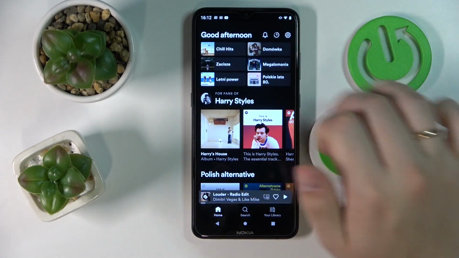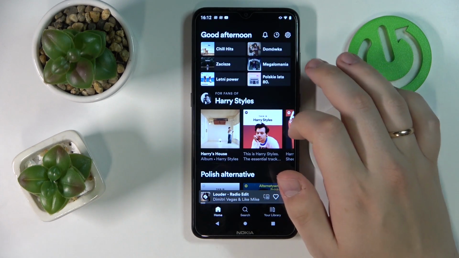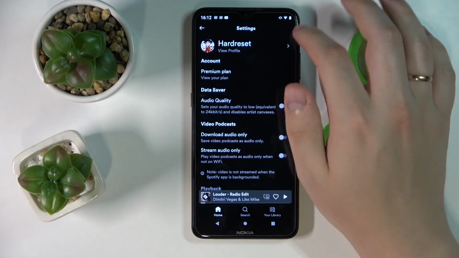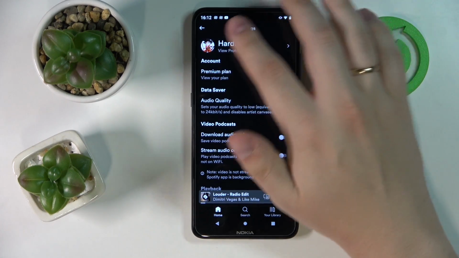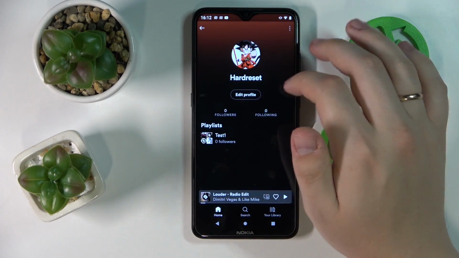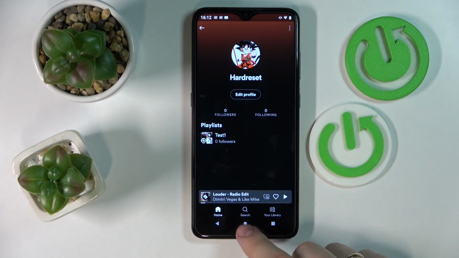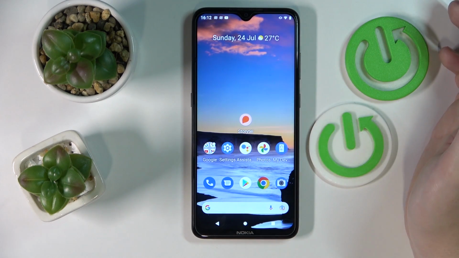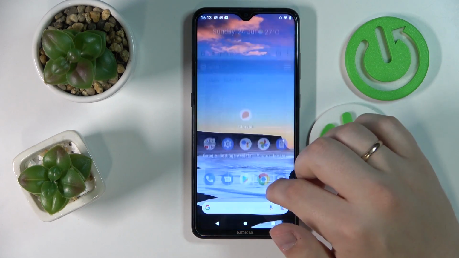So first of all, make sure that you're at the home section of the application. At the top right corner, go for this gear icon. And in here, you are already able to see the public username of yours. In my case, it's HardReset, or you can view the profile and see it better, just like so, or just over here. There is also the second username, the unique identifier, should I say, that you can view from the